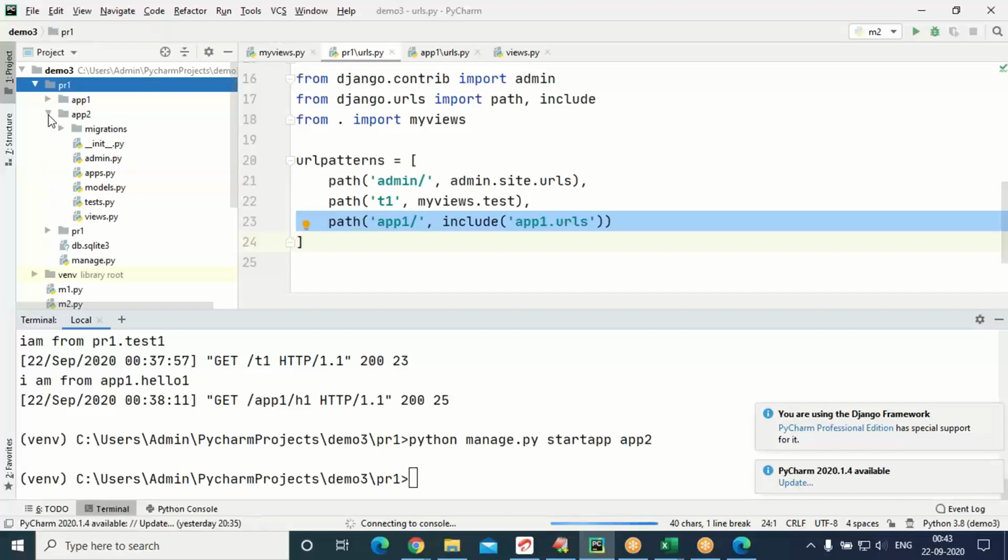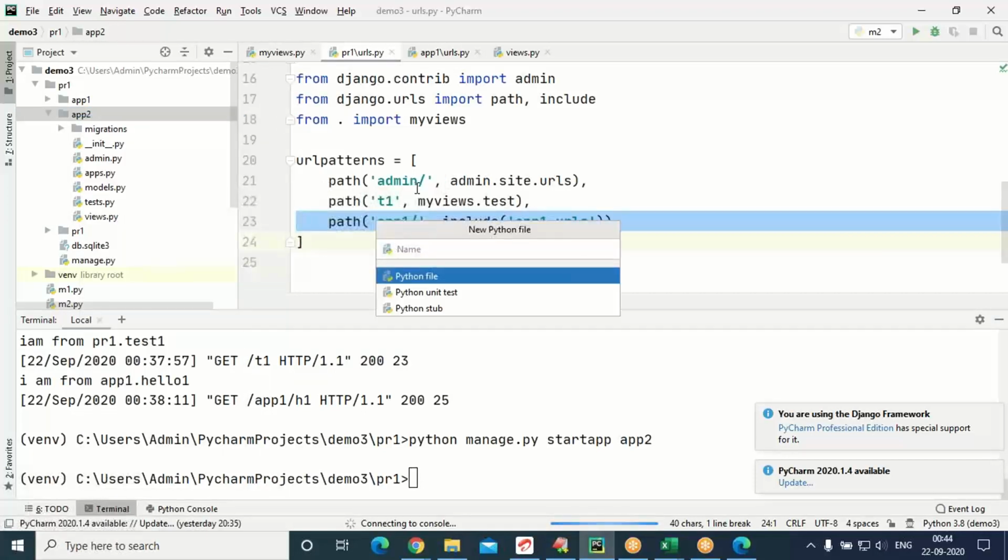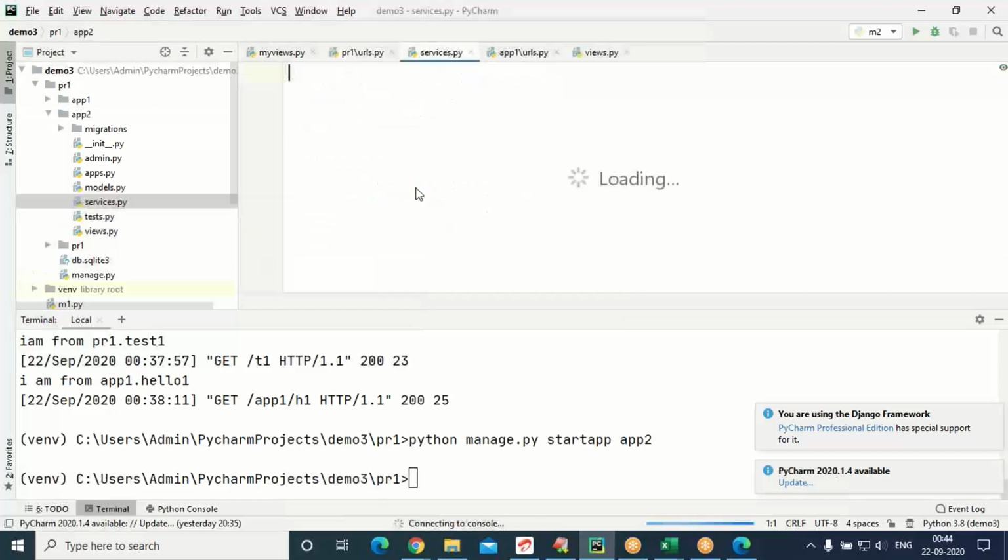Inside app2, there is a views.py. You can use this one if you want to develop services inside views.py. Otherwise, you can develop your own Python file. Let us right click on app2. I'm creating my own file. Let us go for services.py. I'm choosing the file name itself as services. So here you can develop